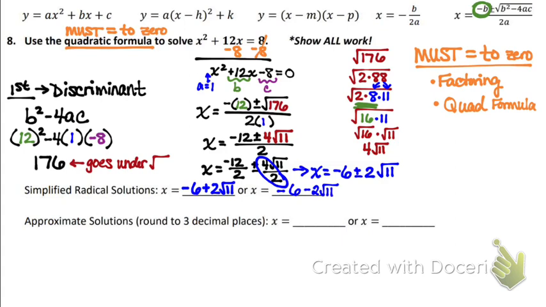How do I get the decimal form? How do I get the decimals? Because down here it wanted me to round to 3 decimal places. How do I get that? Plug it in the calculator. If you put it in the calculator and you hit enter and it still has radicals, what do you do? Hit the arrow button right above the enter key. If I'm not mistaken, it was